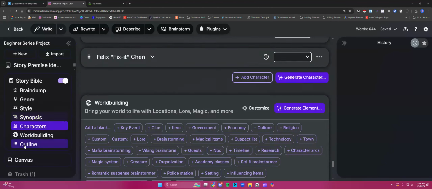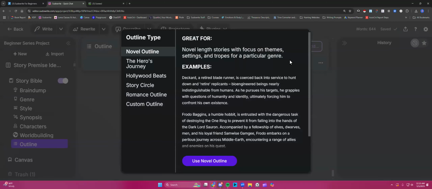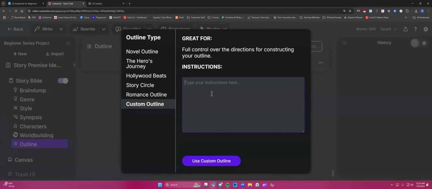And the solution came about when Harper suggested an instructions type box right here. So this works great because this outline is using 3.5 Sonnet, I believe. They may have upgraded that with 3.7. I don't know yet. I need to find that out. So now if you want that 45, 55 chapter story, you can instruct it here. I can tell it,